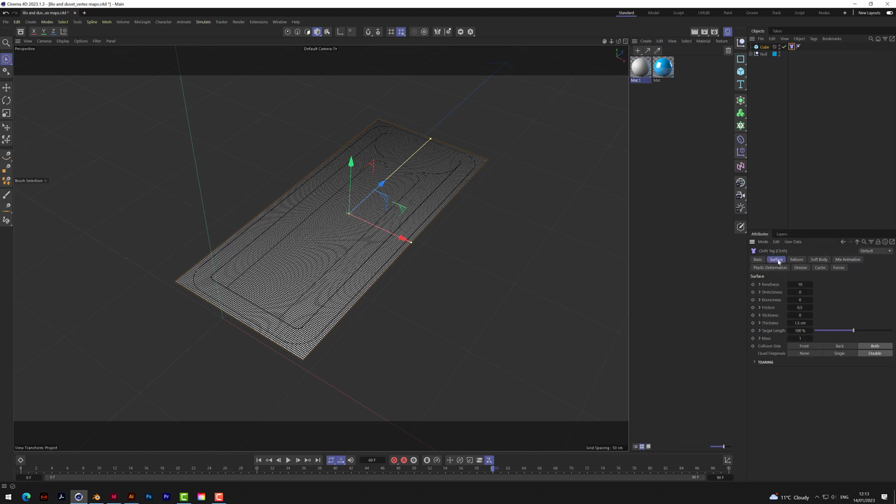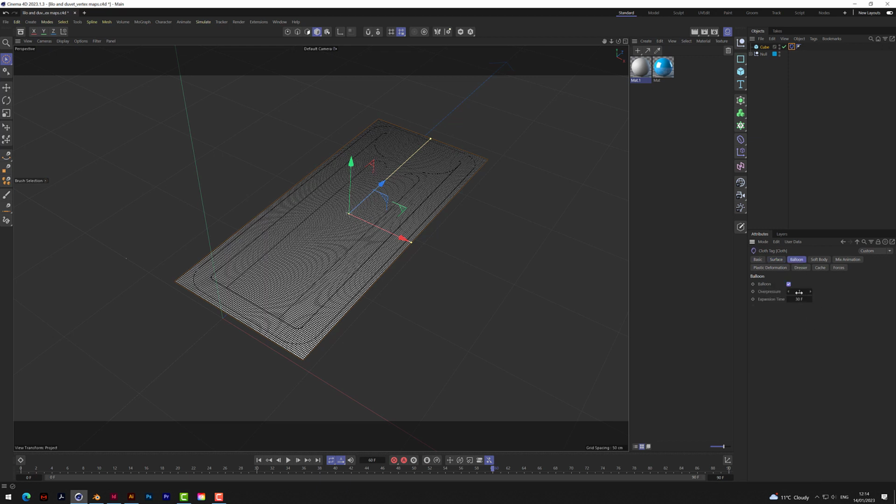Okay, let's have a look at what we need. As this cloth is going to inflate, we're going to be using balloon and target length. I like to add a little bit more target length, and it adds a little bit more crease into this. You'll see what I mean as I start to do it. So if you put 105 in the target length,